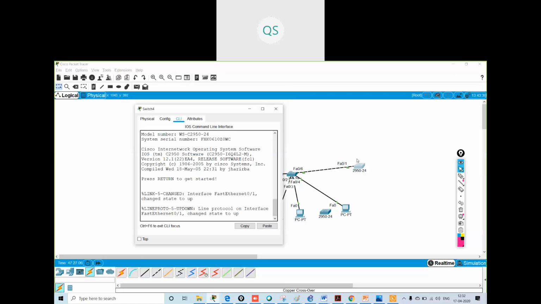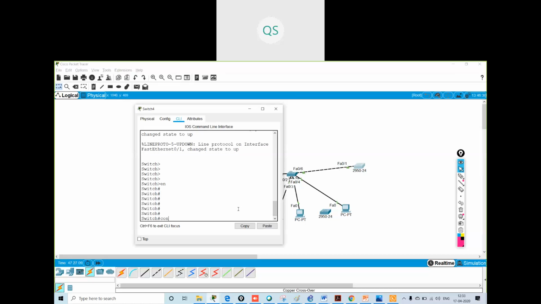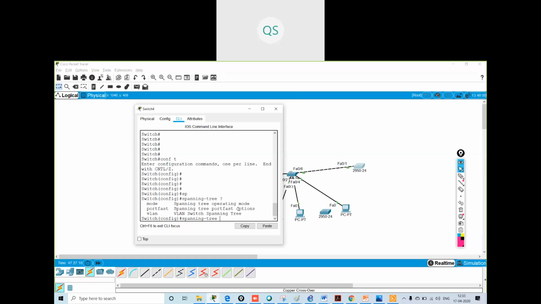Now I will go in this switch and change its priority. How to change the priority of the switch? Here comes another problem. Here we cannot change the priority.